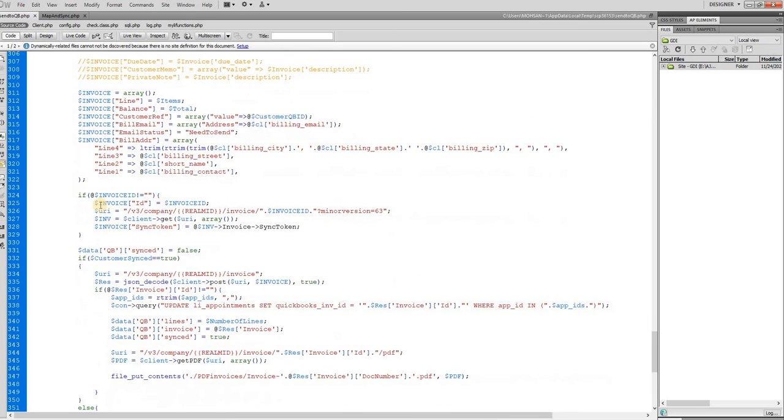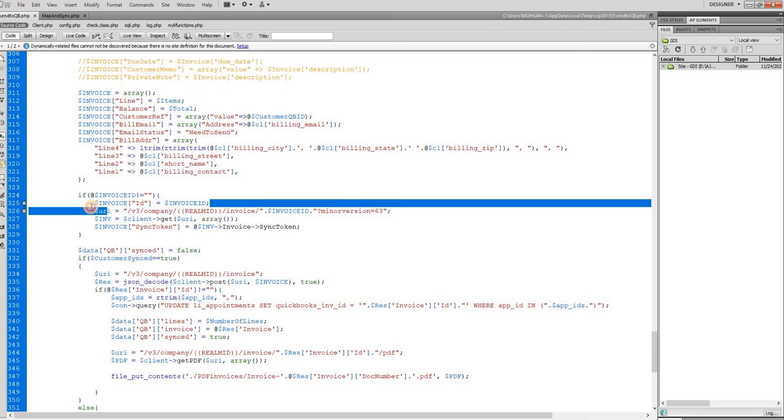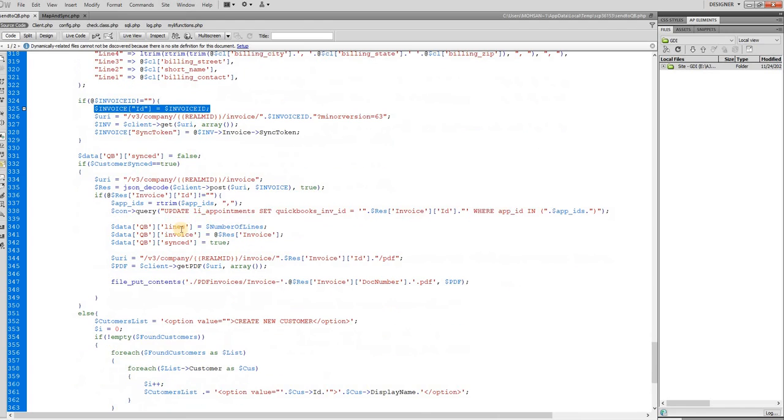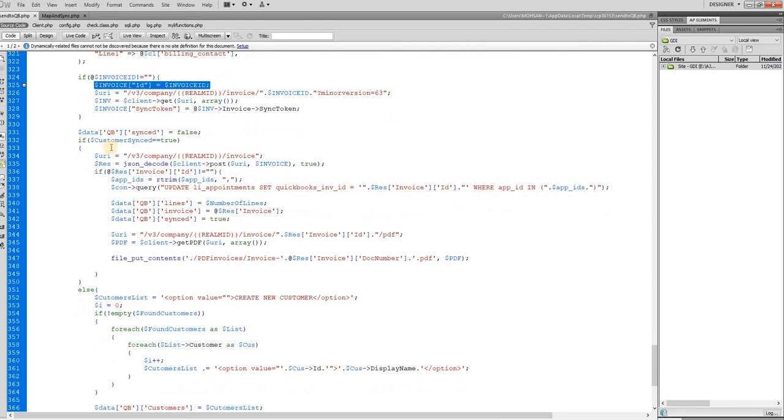Let me show you something here. If we are passing the old invoice ID in the invoice, which is already synced, it means that we are syncing an existing invoice. I mean, we are updating the invoice in QuickBooks. So in that case, the QuickBooks invoice number will not be changed. And here, let me show you, we are creating